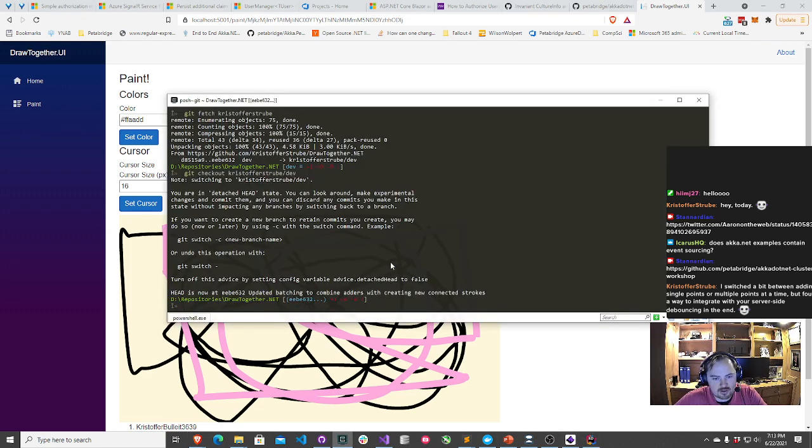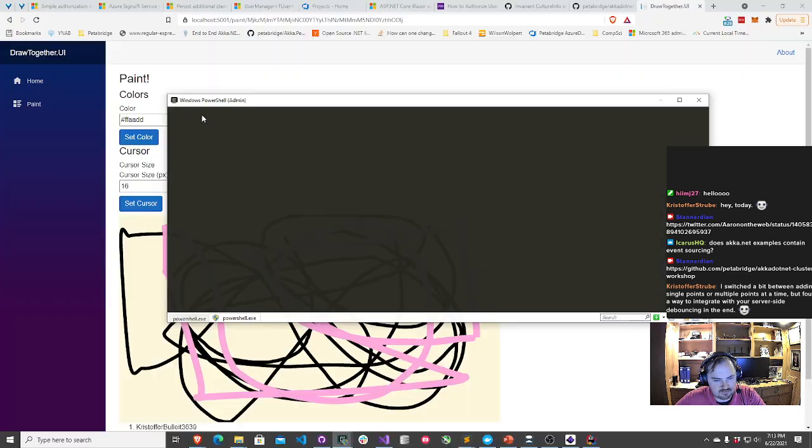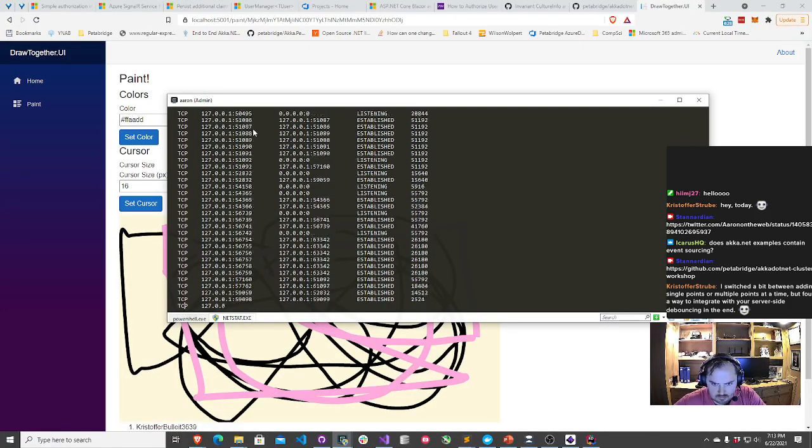Although the one other thing I want to do, since we had this problem last time, is I want to check for open ports on Windows. Let's see. I think it's netstat. So let me do that. Yeah, let's take a look at this. Let me go to an elevated shell here. All right. Let's just see if I've got too many open ports. Listening, established.